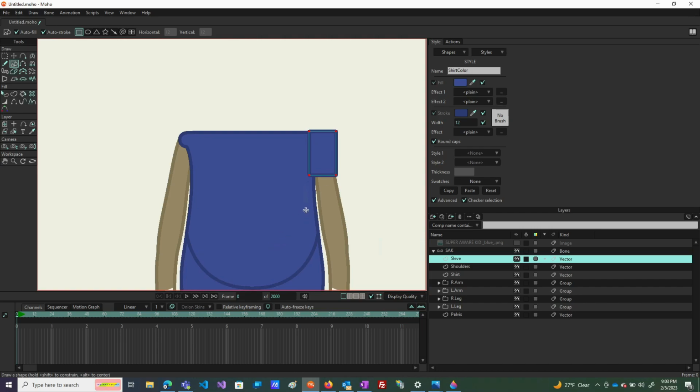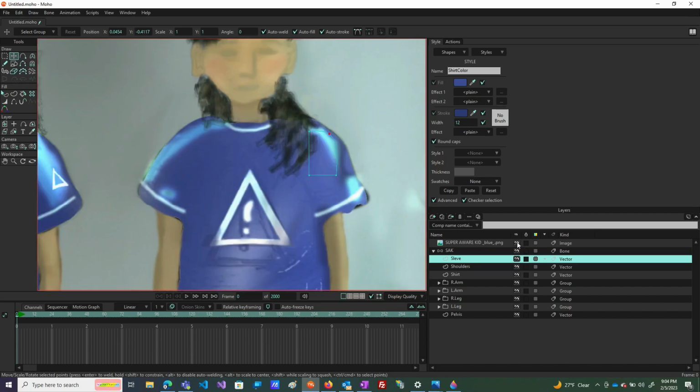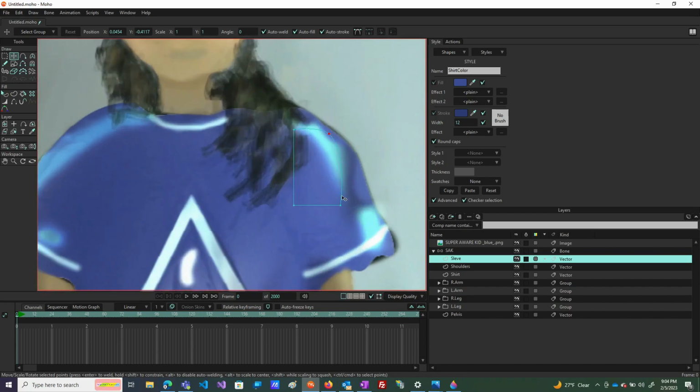Alright, and we want this one to be curvy, so we're going to round it off and then bring it down into alignment. Let's go ahead and look at the Super Aware Kid, and there's the actual sleeve, so let's go ahead and match it. We're going to bring this on down and bring this on down here,